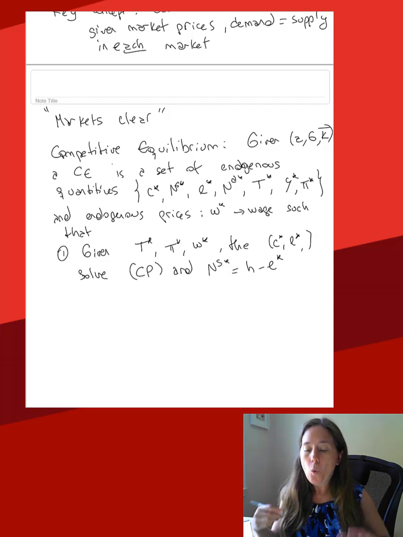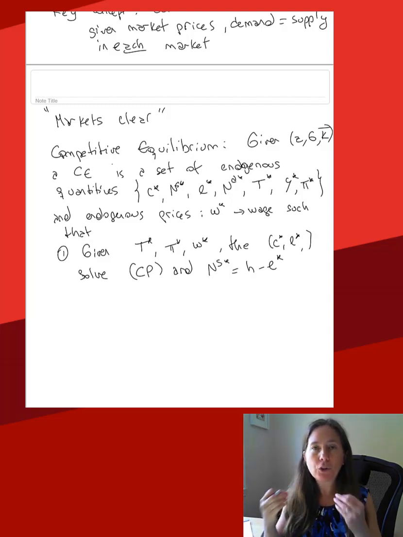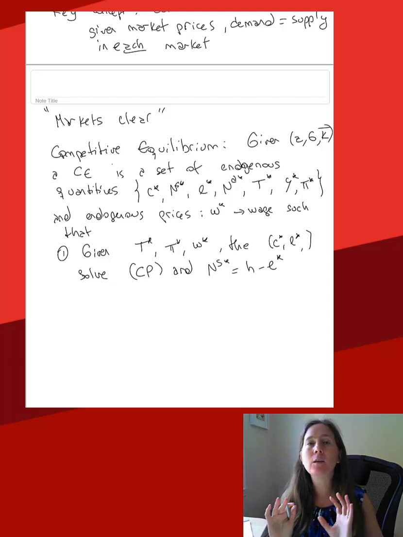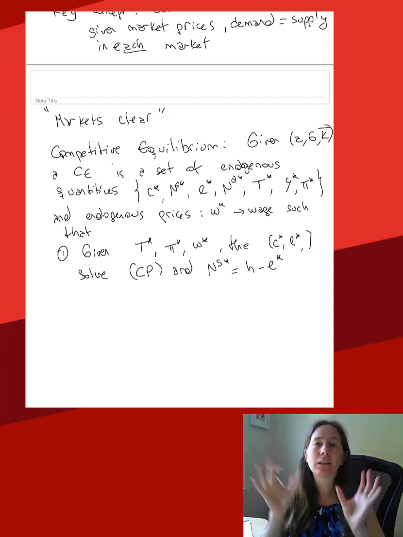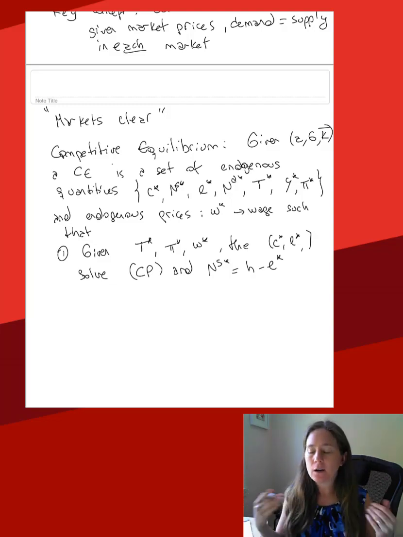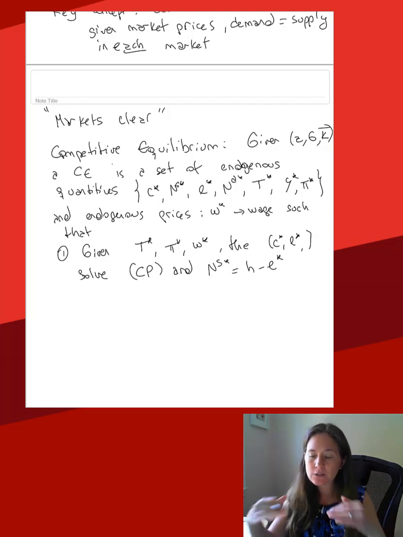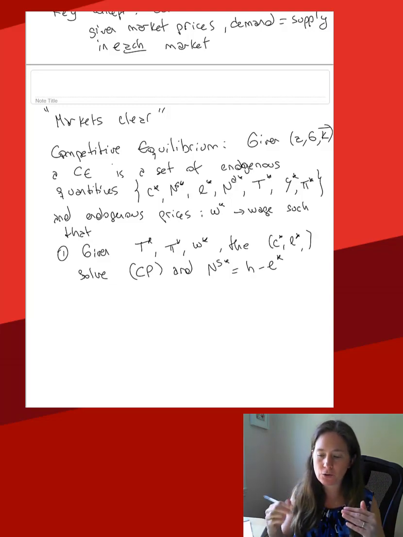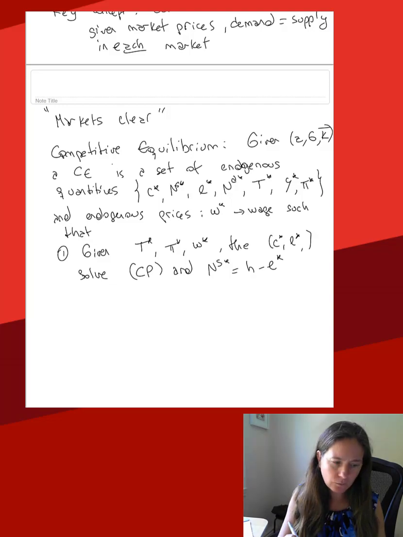Okay, so what does the individual take as given? The individual takes as given everything that the individual does not choose, and the individual taking those things as given is going to make her optimal choices. Second,